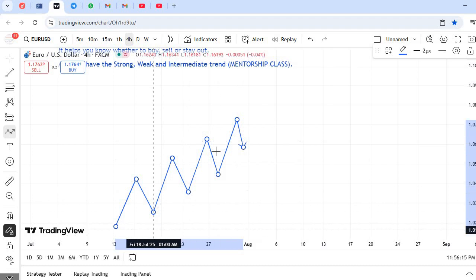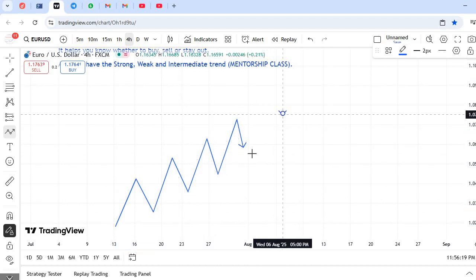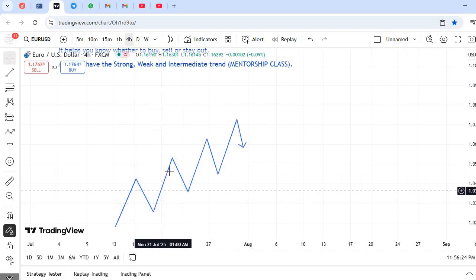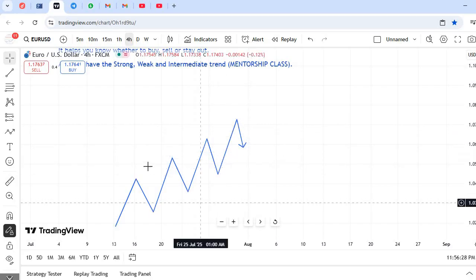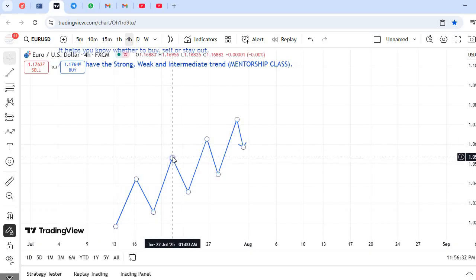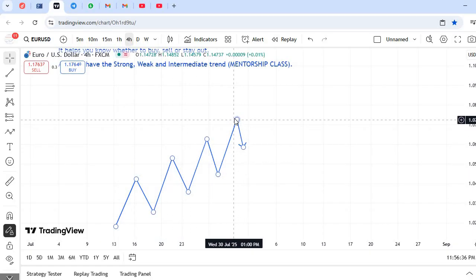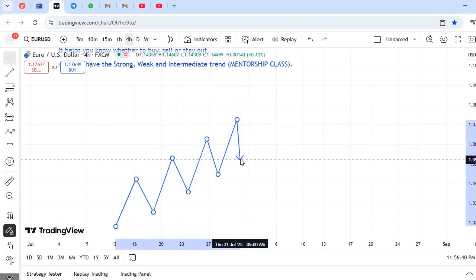This is an example of a market in an uptrend. Can you see? So we have higher highs and higher lows, higher high, higher low, higher high, higher low. Now if you look at this market, or this trend,